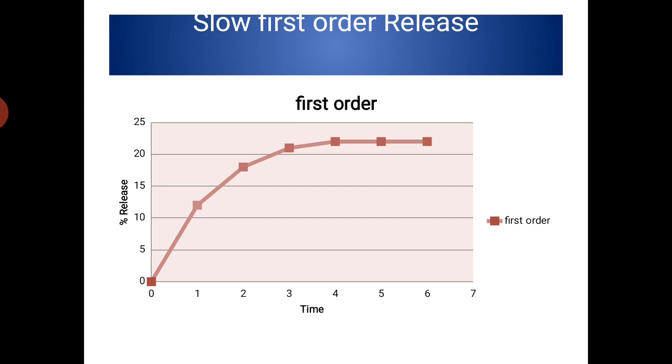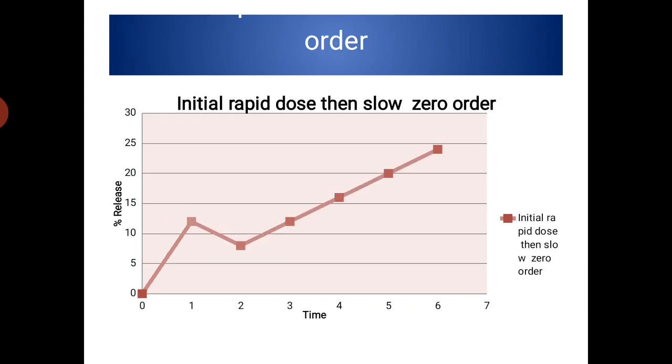Now the third option we have is initial rapid dose, then slow zero order. Now, if you consider the slow zero order alone, it is a slow process. The drawback of the slow zero order process is that it takes a long time to attain the steady state concentration for drug molecules with a higher half-life. To overcome the situation, or in order to get an immediate therapeutic concentration,